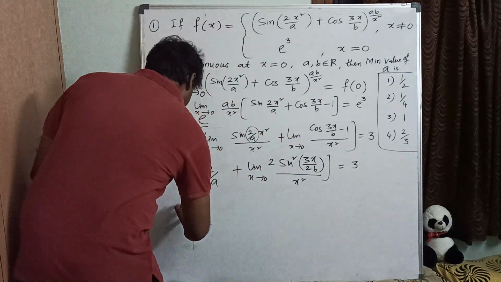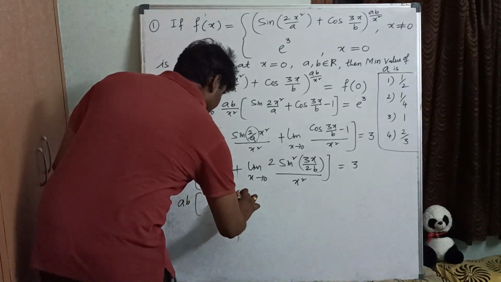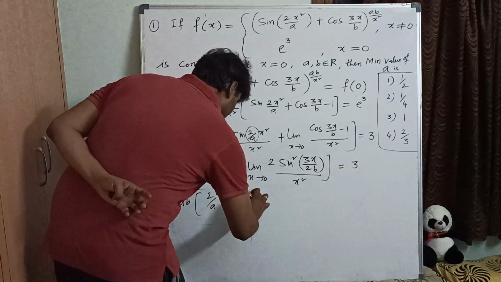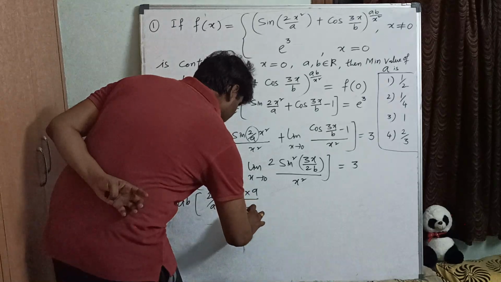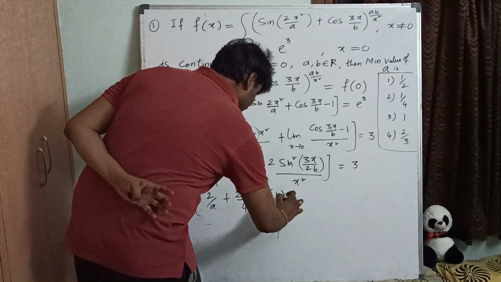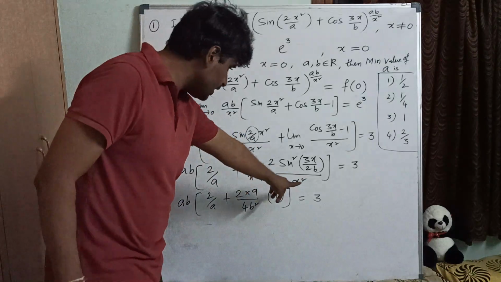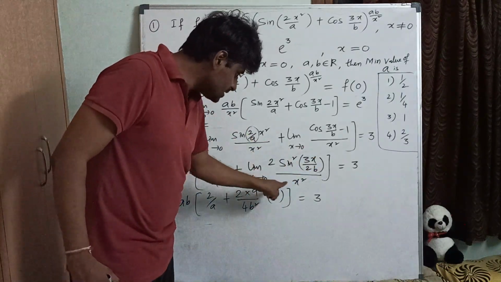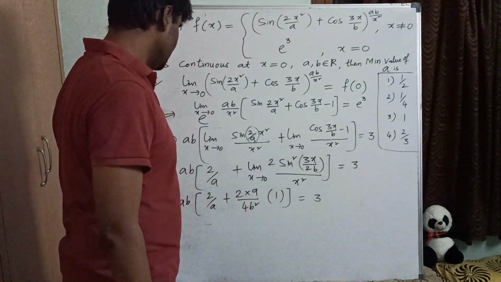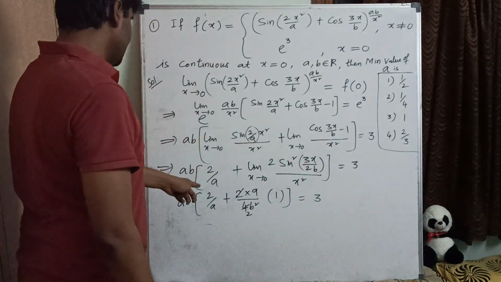Correct? So now a b, 2 by a, here 2 I can write outside, and this one, 9 by 4b square I can write here. So the remaining part will become 1. I am writing directly, hope you can understand. Here multiply and divide by 9 by 4b square. Here 9 by 4b square, if you write this sin square x by x square, it forms 1. Remaining I wrote here. So now finally what will you get? So the 2 2s are here. So by this, what will you get here?